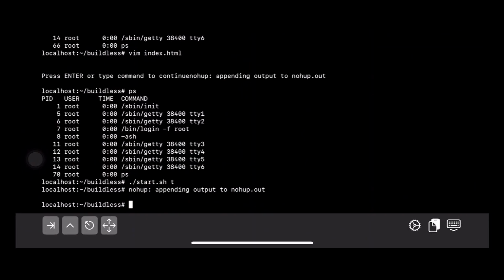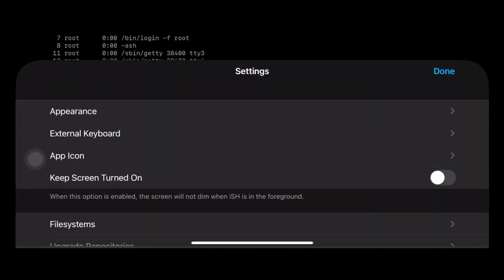Now, another big caveat is I'm using Vim. Vim is a very steep learning curve of an editor. You don't have to use Vim. There's Nano. Nano apparently has syntax highlighting. Emacs is another option. And I did try using a third app because in iShell, what you can do is